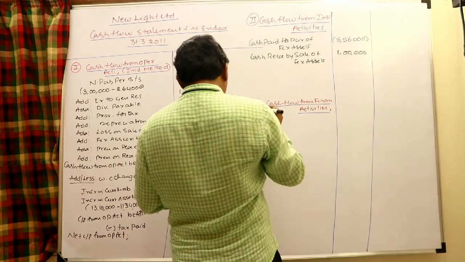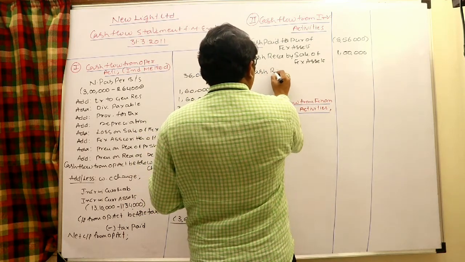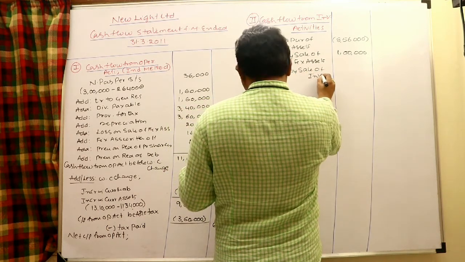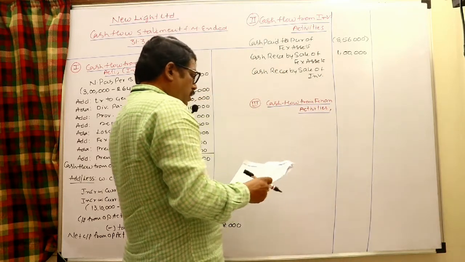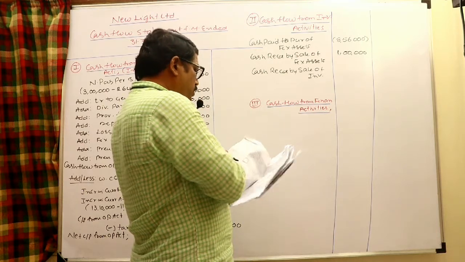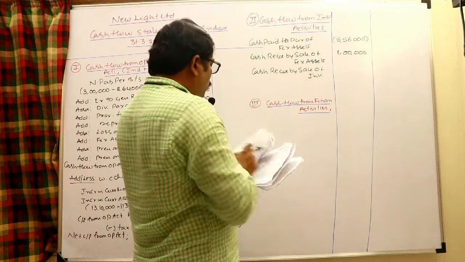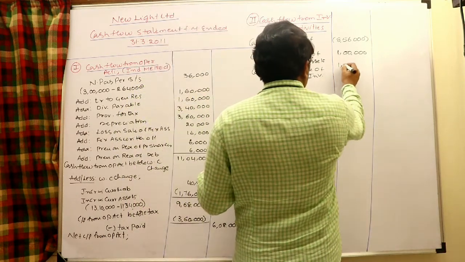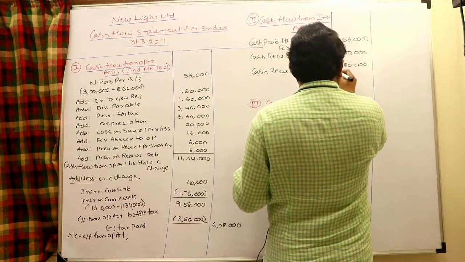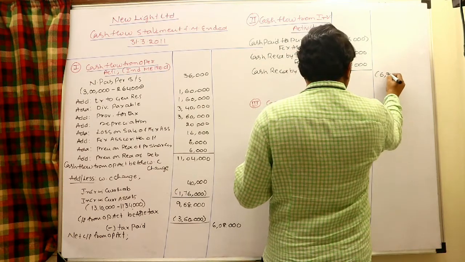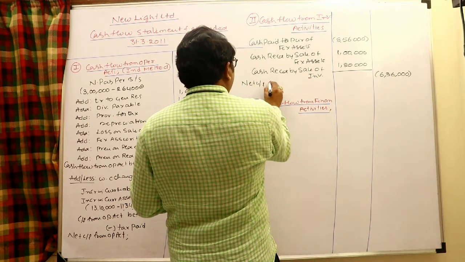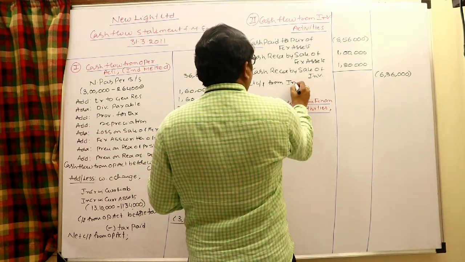Cash received by sale of investments we came to know through working notes, and we have done the investment account also. By the investment account we are able to say how much amount was received by sale of investments. It looks like 1,20,000. Write the net result in the outer column, outflow 6,36,000. This is what we say net cash flow from investing activities.